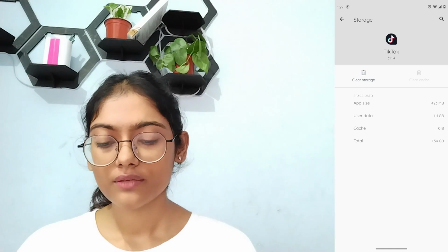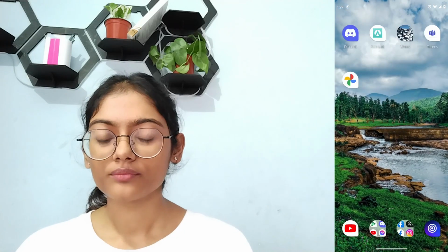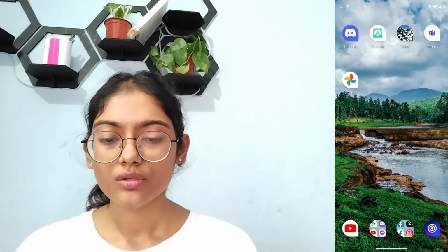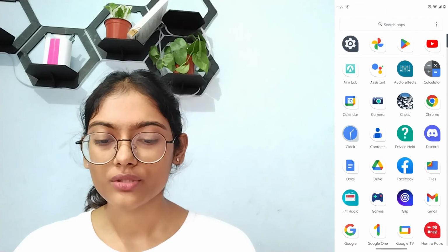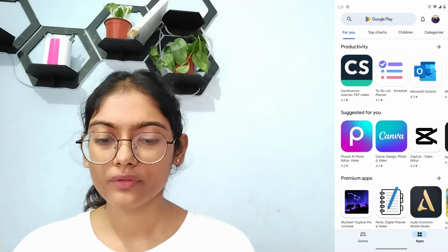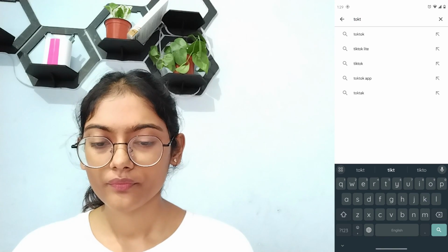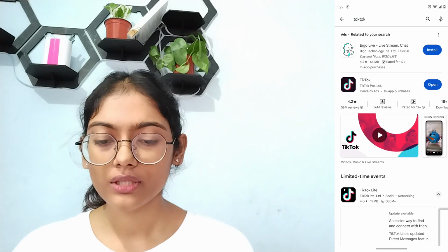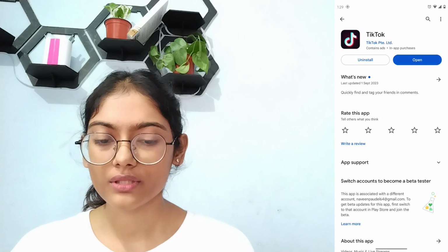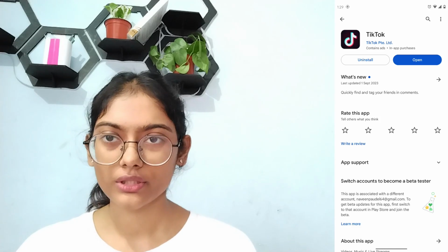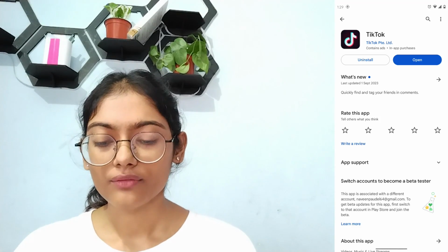But if that still doesn't fix your problem, then you need to make sure that your app is up to date. So to check that, you have to open up your Play Store application and then you can go for the search bar and then search for TikTok. And after searching, if you have an update option instead of this open option, then you can simply tap on update and you have to update your TikTok application. And after updating,